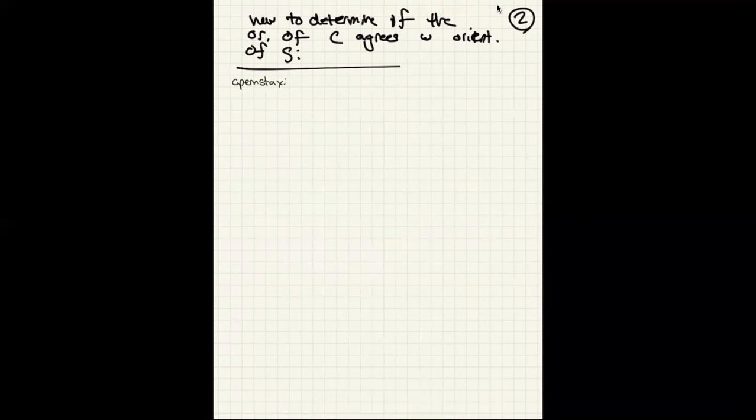And it's kind of cumbersome, and I'll tell you a different way to do it, which is the way that I think is a little more intuitive. But I'll tell you what OpenStax says in case you like using the textbook. It says the orientation of C agrees with the orientation of S if,